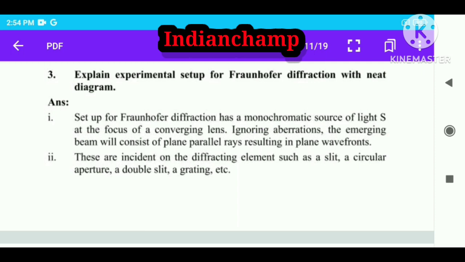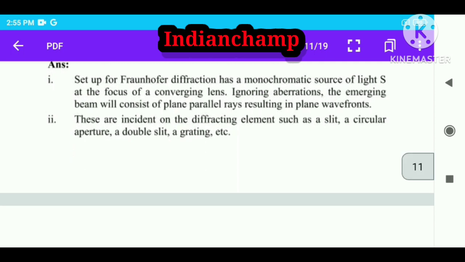First, the setup for diffraction has a monochromatic source of light at the focus of a converging lens. Ignoring aberrations, the emergent beam will consist of plane parallel rays resulting in a plane wavefront. Second,